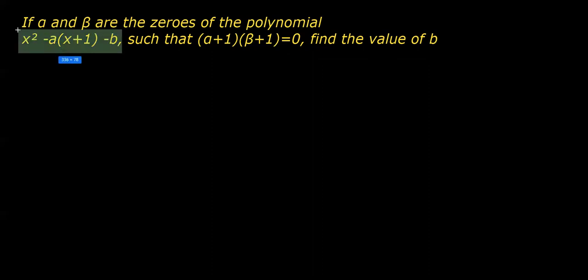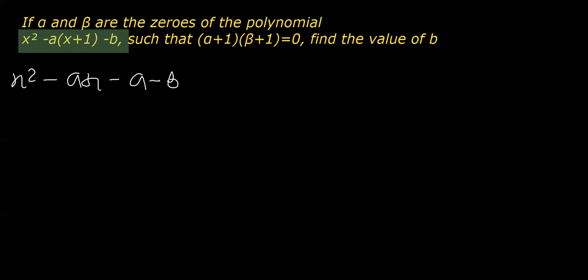Now, first we need to see that this polynomial is not in the standard form, that means in the form of ax squared plus bx plus c. So let's first convert it into the standard form. First, I'm going to open the bracket here. So applying the distributive property, it is minus a times x, and minus a multiplied by positive 1 is minus a